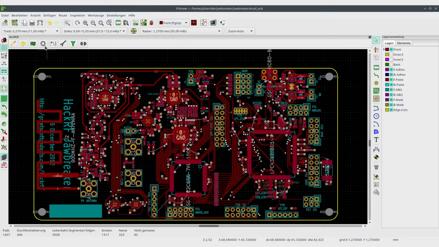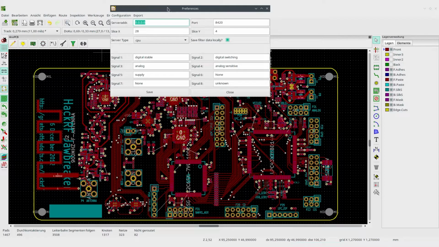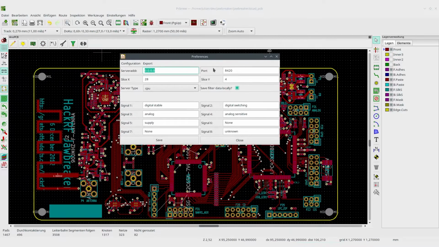Now let's cover the settings. When you start up the settings, you'll have some options of different kinds. The interesting one, first of all, is the server type setting. You can choose to use a remote server, so you then have to give the plugin a server IP address as well as a port, or you can choose to let the plugin start a server on its own in the background via Docker.